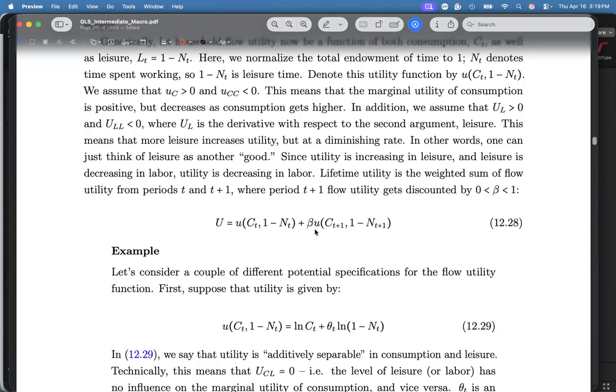Yung ratio, yung MRS ng isang intertemporal model requires a beta there. And many, if not most, I would say most people forgot the beta in the MRS. Okay? Kailangan mo yon because you need the beta in order to compare marginal utility today versus marginal utility tomorrow. If there's one thing that you should remember, it's that. Okay? The only way you don't need the beta is if you're comparing two products today.